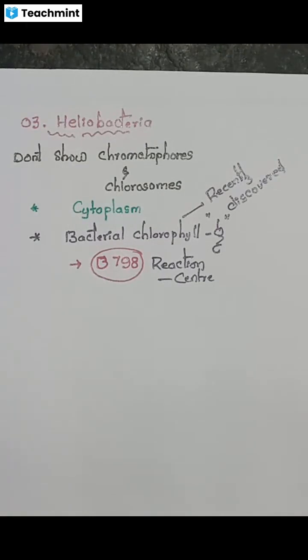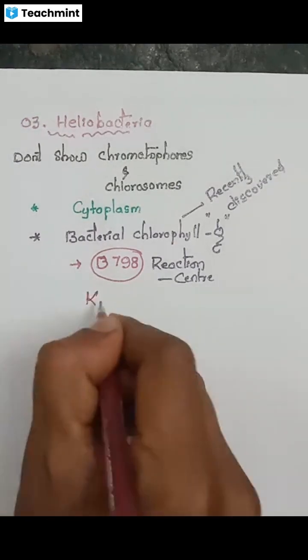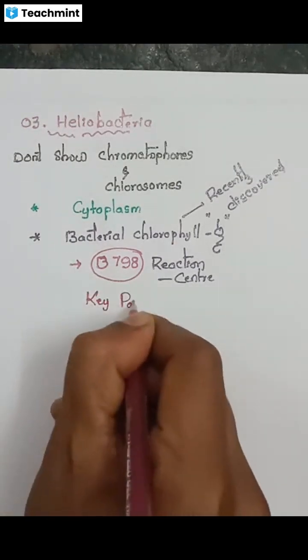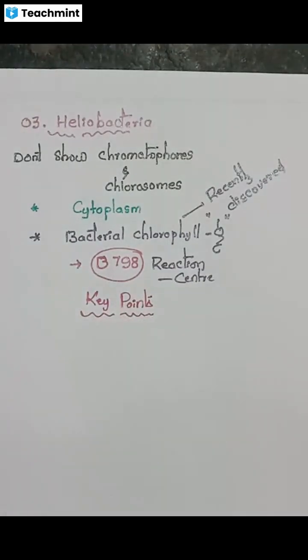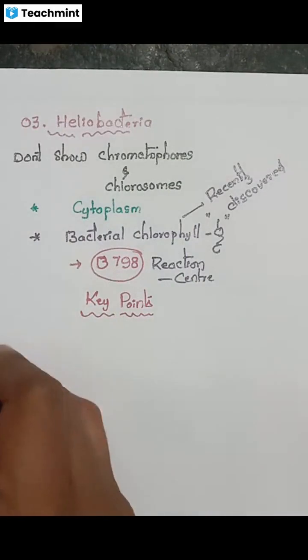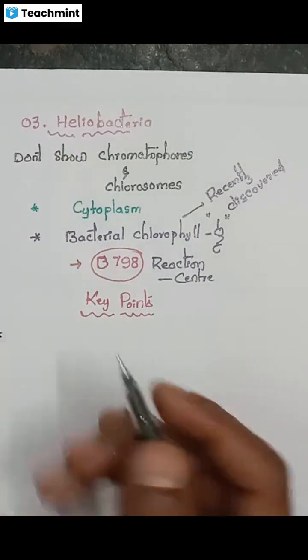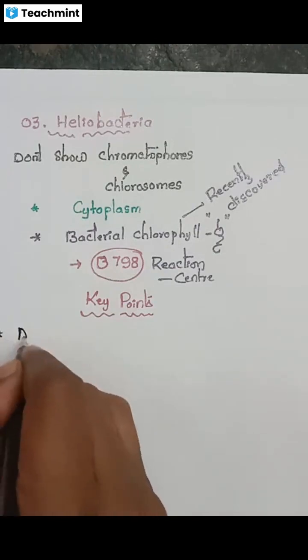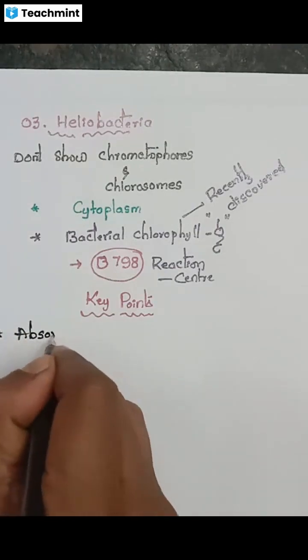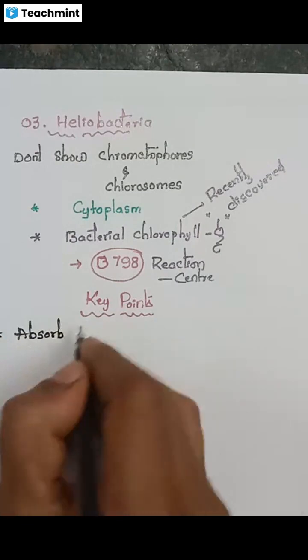What are the key points? One of the most important key points in bacterial photosynthesis: the bacterial chlorophyll absorbs near